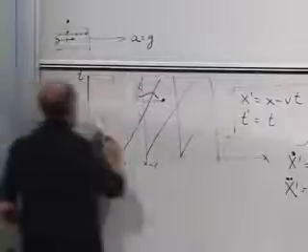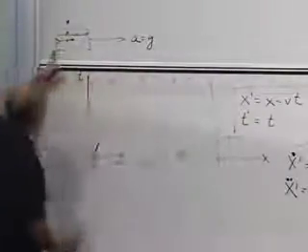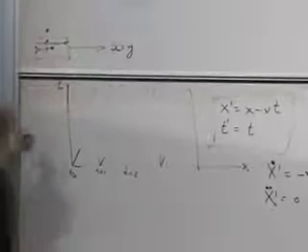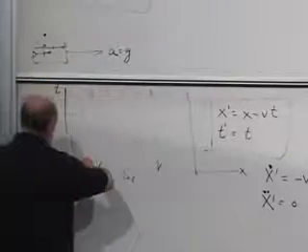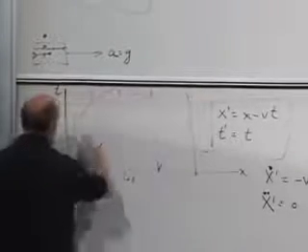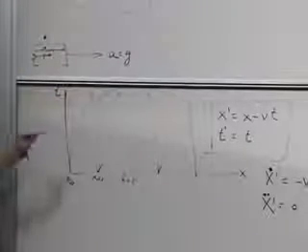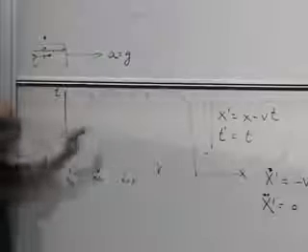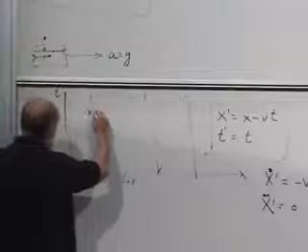Then how does the floor of the elevator move relative to me if it's accelerating like that? Well, it doesn't move on a straight line, it moves on a curved line. It moves on a parabola. If it's uniformly accelerated relative to me, it's moving on a parabola, and that parabola is x equals 1/2